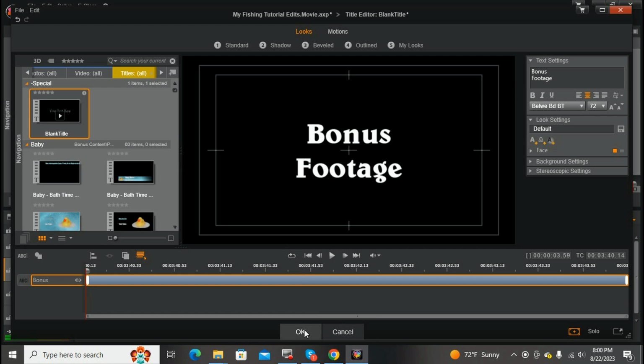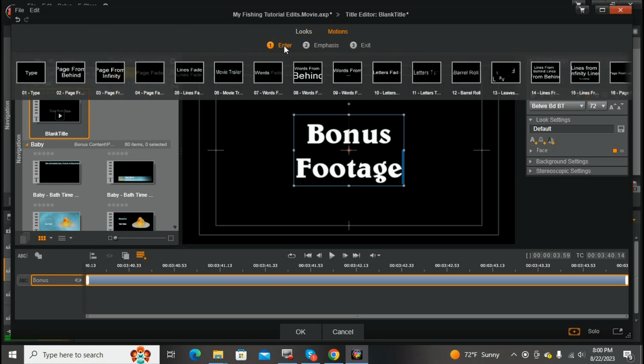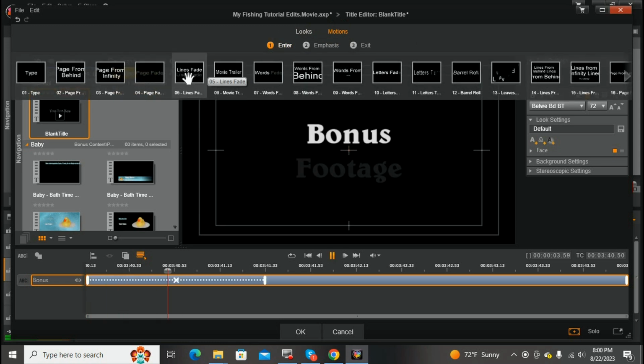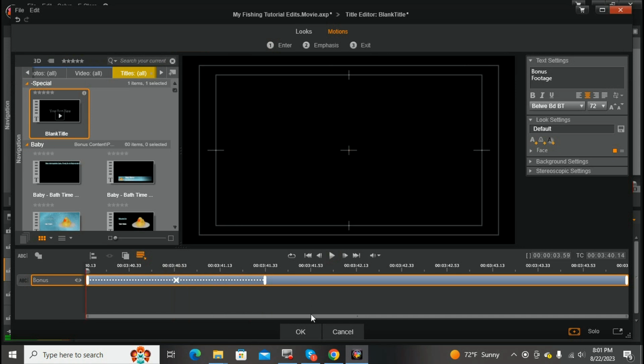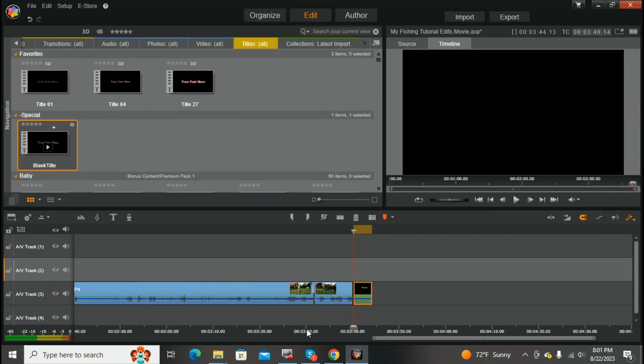I can just leave it just the way it is, or if I want to, I can go in and create some motion to it. If I want to go in and have it fade in like that, I'll just put that in there, click OK,